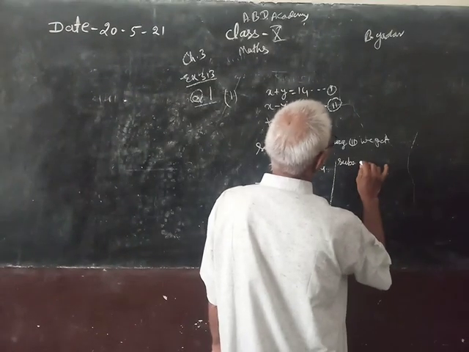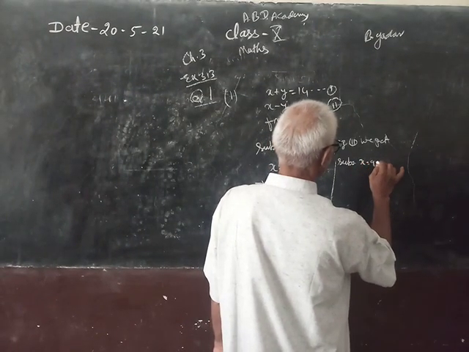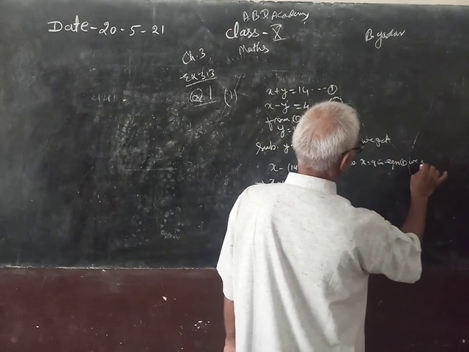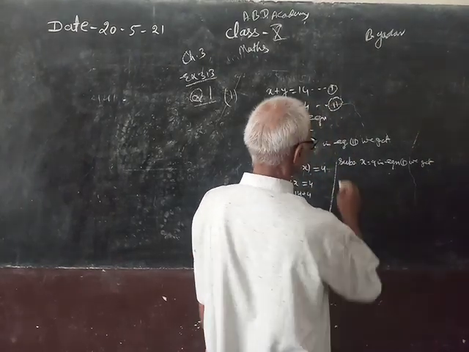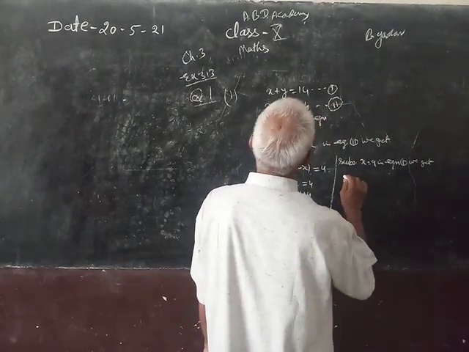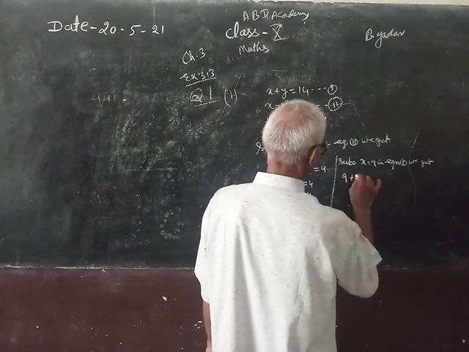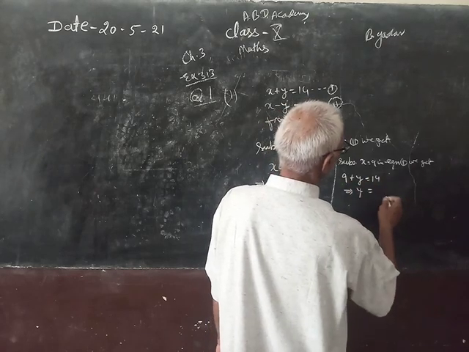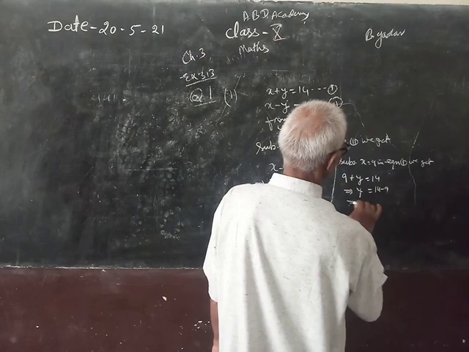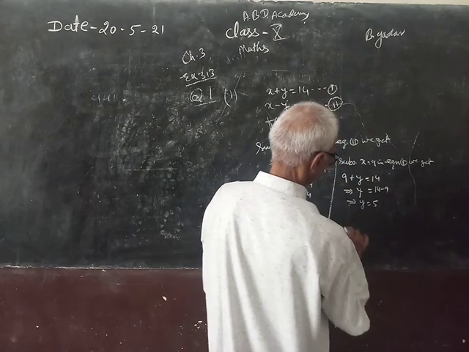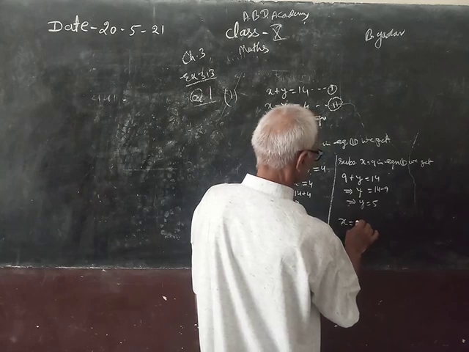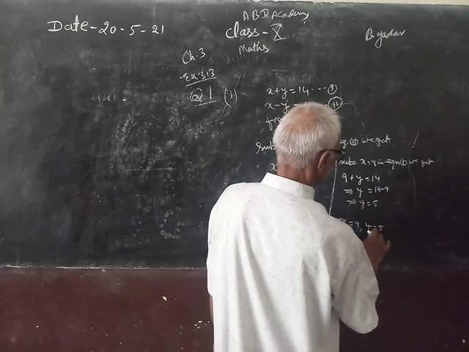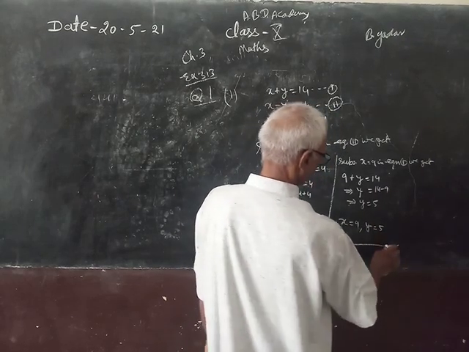So here I have less space, so I am doing it here. Substituting x is equal to 9 in the first equation, we get, you can write I get anyway, 9 plus y is equal to 14, which implies y is equal to 14 minus 9, the 9 will go to that side and will be minus, which implies y is equal to 5. Therefore from this method we have x is equal to 9 and y is equal to 5. This is the solution of the equations.